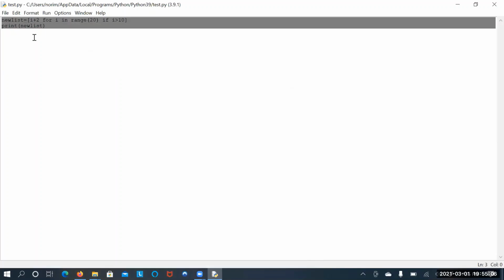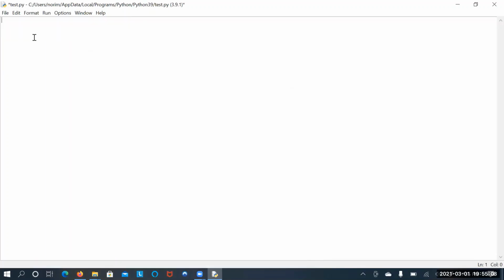Okay, so now let's come to our main topic. What is my aim? I want to read multiple values. First of all, see input. I am taking the input function and asking the user to enter two values, two numbers.